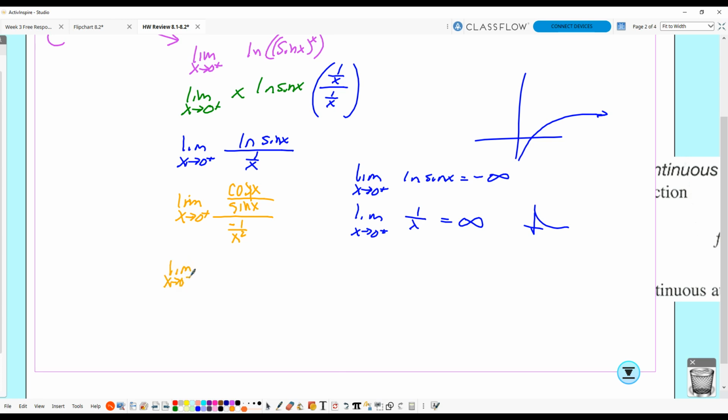As we approach 0 from the right. What now? Can you just put the x squared on top? We get negative x squared cosine x over sine x. So we didn't L'Hopital's or anything like that. This is where I get confused. Okay. Because now plugging in,